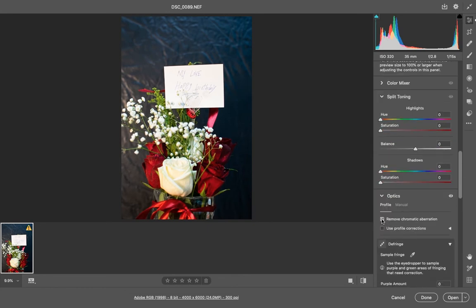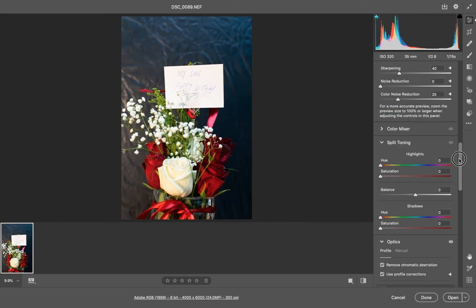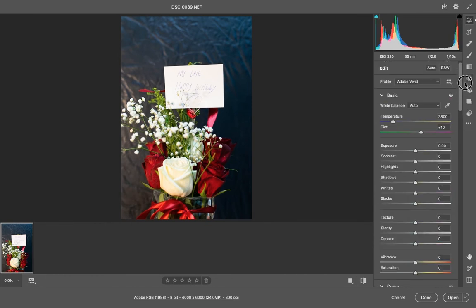Before that, let's try to check this first, the optics corrections for chromatic aberration and profile corrections. Because mostly when you check the profile correction, it gives more light to your photo, so it becomes brighter. So from here we have to decrease the highlights, and then